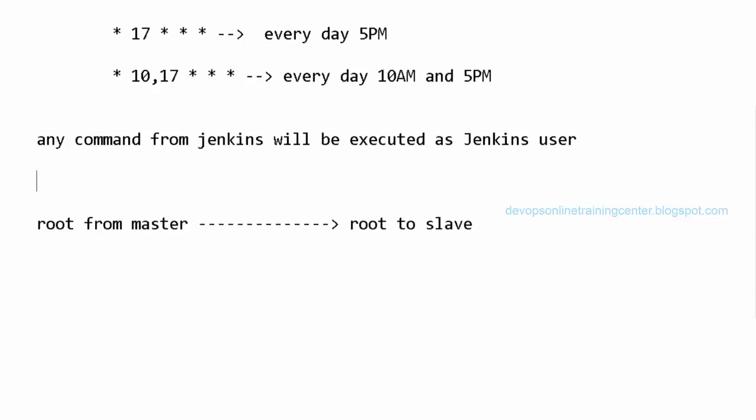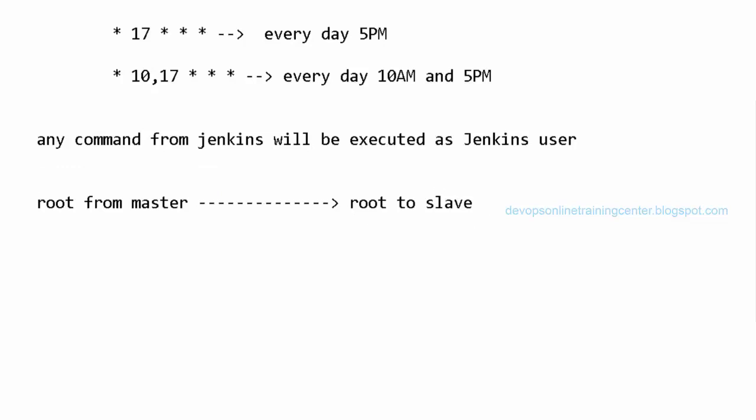Or if you don't want to give it like that, then we have to set up this between the agents. You need to set up passwordless authentication from Jenkins to root. We have already set up passwordless authentication from the Jenkins user to the Jenkins user we created on the slave. But to run this playbook, we need to set it up between the Jenkins user on the master and the root user on the slave. That passwordless authentication is not set up. That's why I'm giving the password, so that when it executes this, it logs in as root and then executes it. Okay.